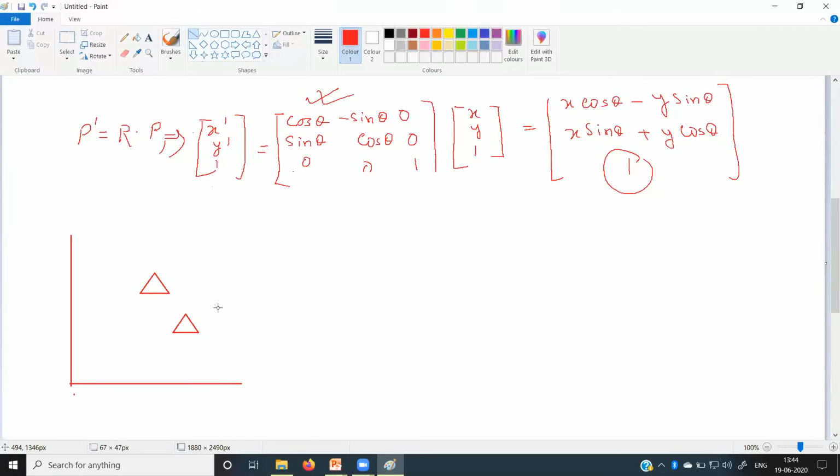And if you are not rotating with respect to origin, but with respect to some other point, then you have to do some basic operations: a translation operation, bring the entire thing with respect to origin, and then perform the rotation. I will discuss those things later. First let me explain this one. Here you can see we are rotating this entire object with respect to origin. So we are connecting all the points. It is very simple. Actually, in this triangle, there are 3 points.